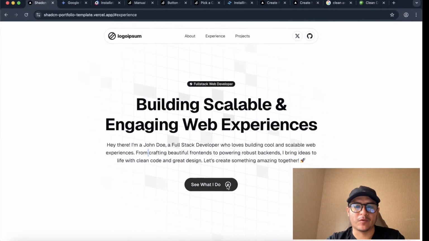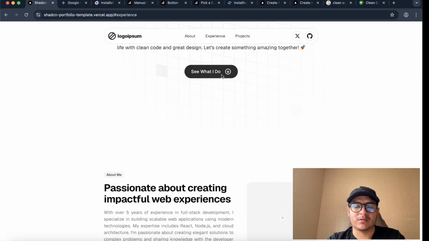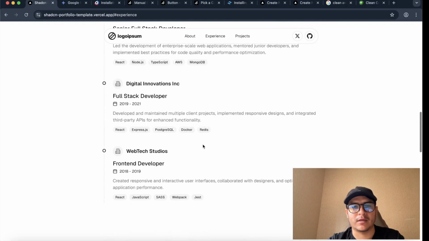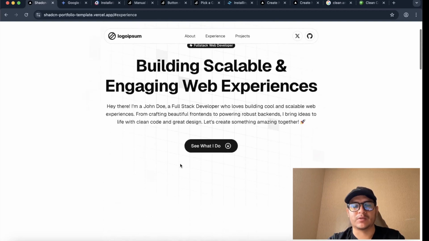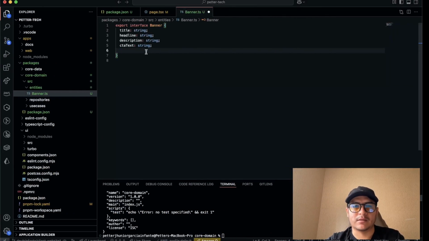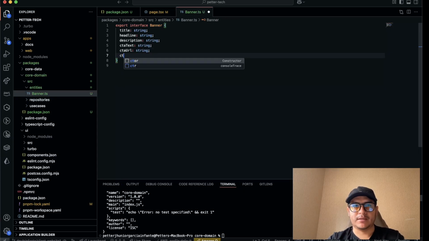Let's add the icon also, because maybe I don't want this now, I want this icon. What about contact me, or changing this action to go to the contact page, or see my new application, or something like that? I want it to go to the detail of this project, so I'm going to make it dynamic also. So a CTA URL for where I'm going to go,